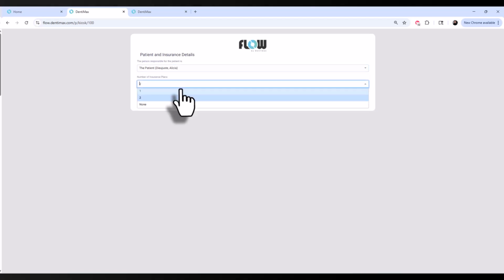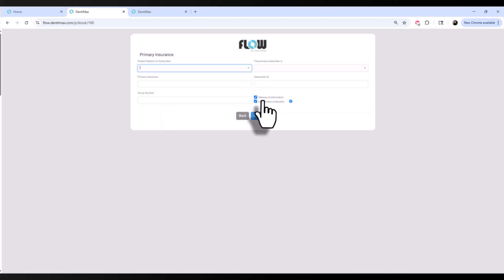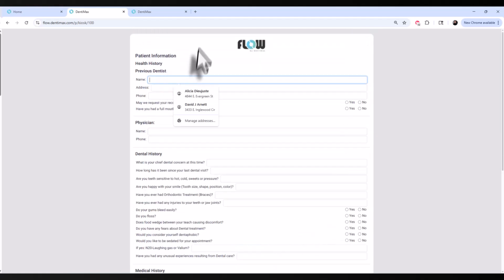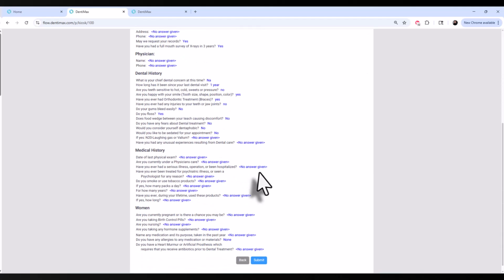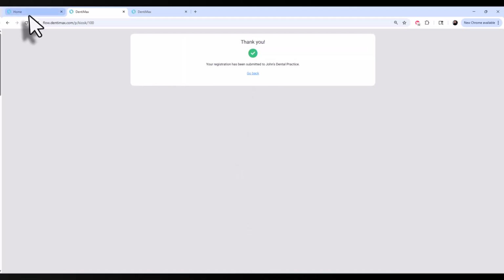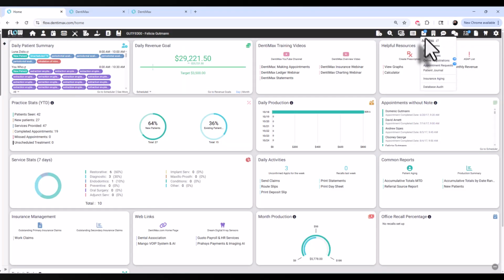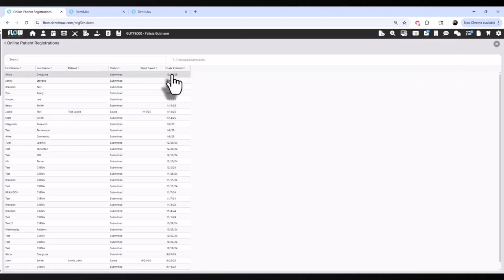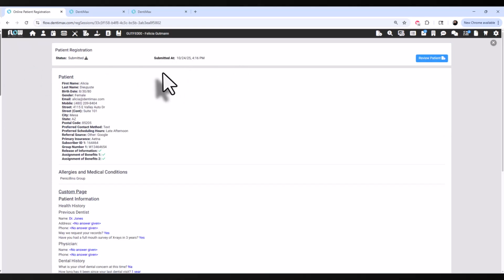Part of the registration allows the patient to enter how many insurance plans they have and collect the insurance details. We'll also go ahead and collect any allergies or medical conditions, as well as a customizable general history page. From there, the patient will be able to review their data and submit it to the practice. In Flow, the office receives a notification that they have a new online registration, that they have new appointment requests, and also new online registrations to import. From there, we can save the data right into the patient record and keep a copy in the patient's document